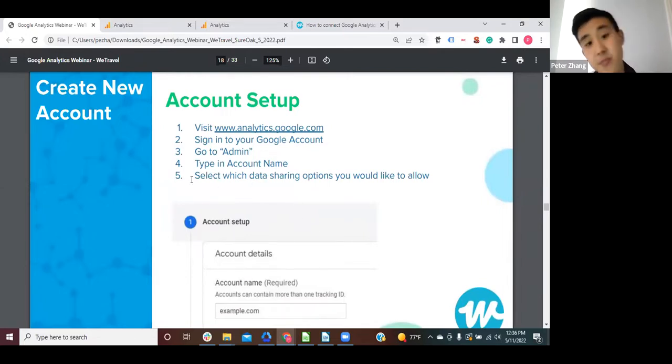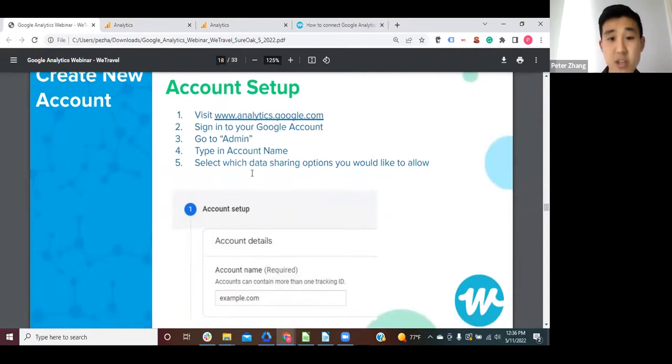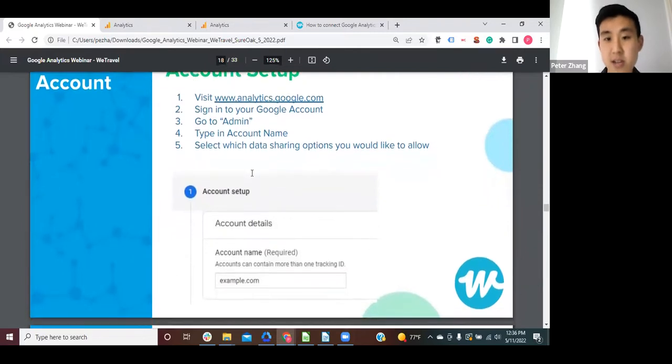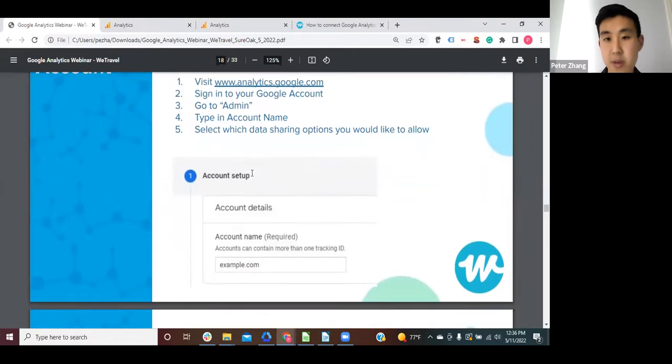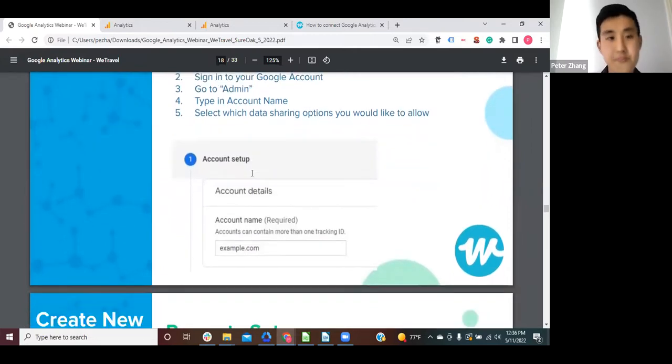But generally, what you'll have to do to start is to make sure you have a Google account, because when you go to analytics.google.com, it will ask you to sign in to your Google account. Make sure that's the one you want associated with your analytics. You can always share the access to other emails, but it's good to have a central one that you use to set up the actual platform.